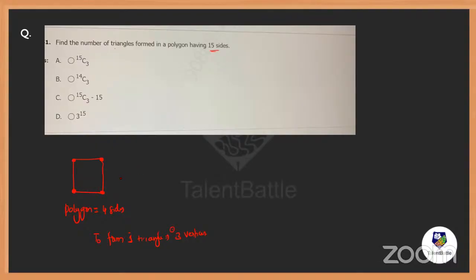Now, if you want to draw, you can draw like first triangle, second triangle, third triangle, and then fourth triangle. Yes or no? Using these 3 points, using these 3 points, using these 3 points, and using these 3 points. Or you have four, four, four, four. Correct or not, everybody? Yes or no? People, tell me, is this correct or not? This is the fourth point now.